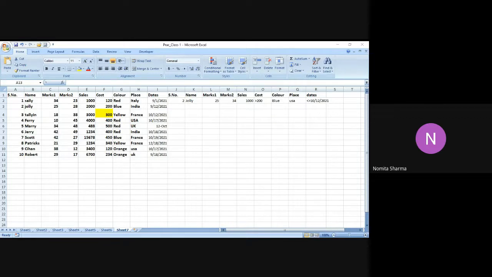So the very first function that we are going to talk about is dsum. As I often say, all the functions that we have in MS Excel are very user friendly. From the name only, most likely you are able to make out the work that will be done by that particular function. So the very first function that we have today is dsum. It is a database function, I repeat. Excel dsum function returns the sum of values from the set of records that match criteria.